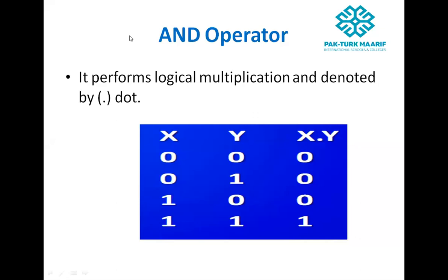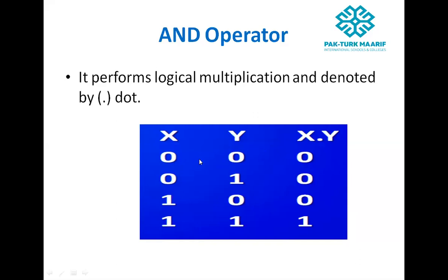Now here there are two variables, X and Y. We want to AND these two variables, so we will write X dot Y. These are the values of X and Y: 0 0, 0 1, 1 0, 1 1. Now we will AND both variables.